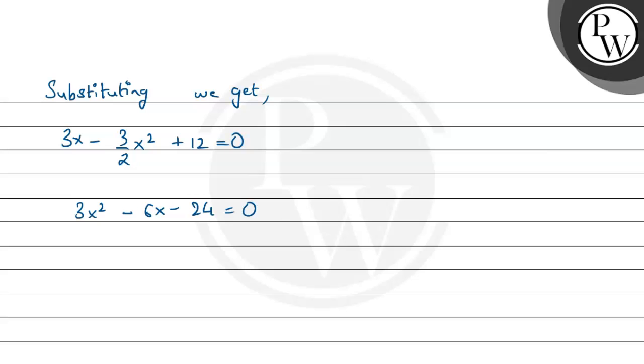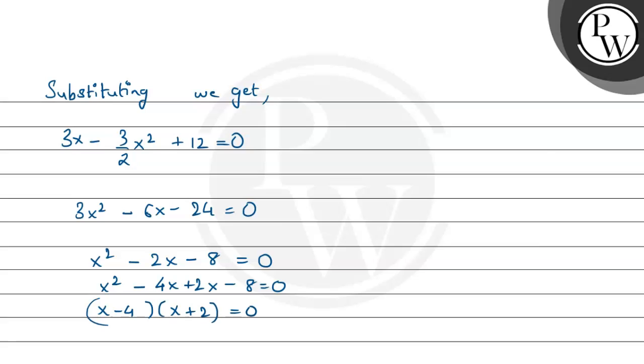अब 3 से divide कर सकते हैं. We'll have x squared minus 2x minus 8 equal to 0. And so therefore we can factorize this into, so x squared minus, here we have 4x plus 2x minus 8 equal to 0. Factorize कर लेंगे (x minus 4) times (x plus 2) equal to 0, and so therefore values of x are x equals 4 or x equals minus 2,